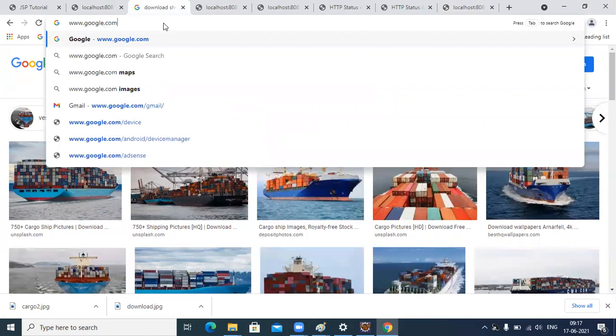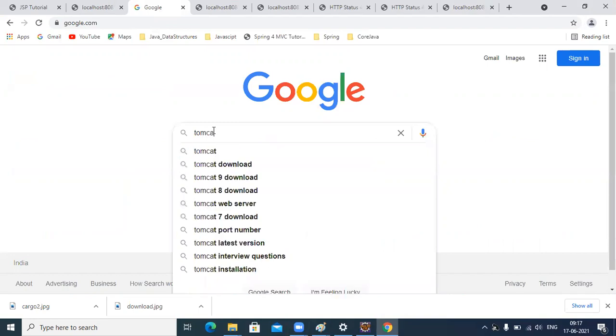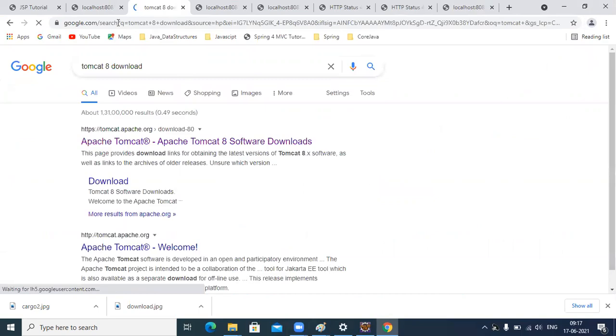Before you install Tomcat, you should have minimum Java 8 installed on your machine. Tomcat 8 or higher. Okay, so let's go to the official website.